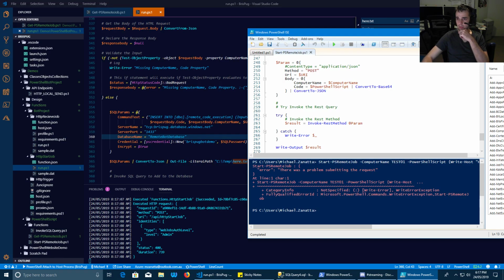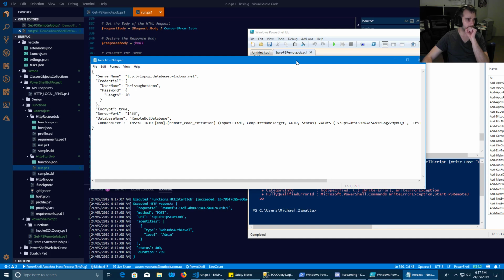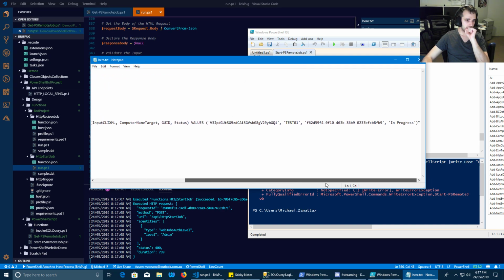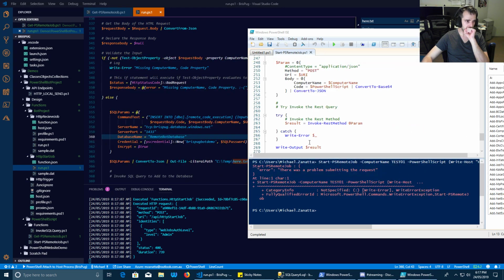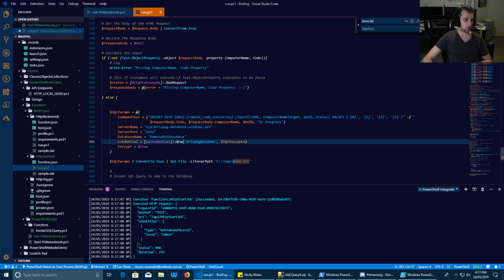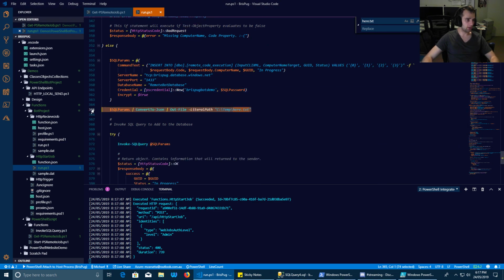I need to see what the output is though. Perfect. So there we go. Password's length is 20. That's fine. It's passing it through. Okay, we're now cooking with gas. We've actually made one step further forward. So it's now invoking the request. We can quickly check that by